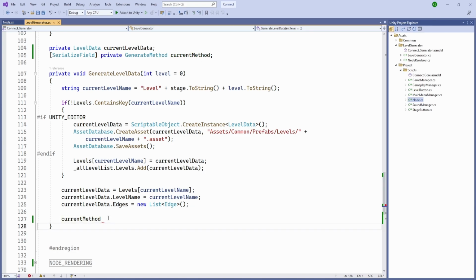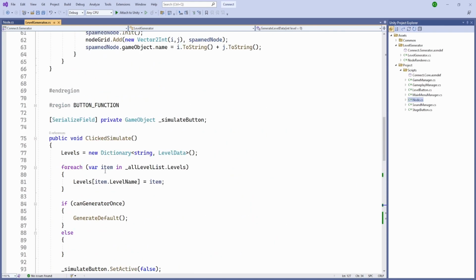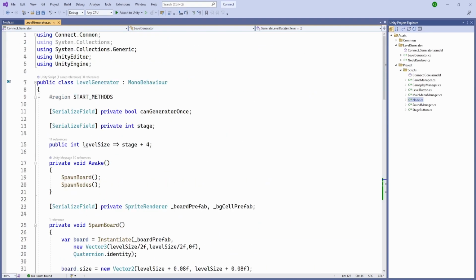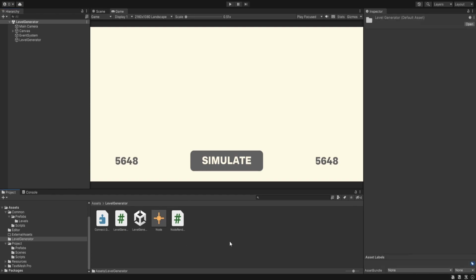So our current method, and it is an interface, so it should have a generate function, and we'll need to create this interface as a script, and that is going to be our first script, and we'll collapse everything. So that is our start method and our interface. So let's go inside Visual Studio, and we'll need to create our random spawning script, which is a generate method,